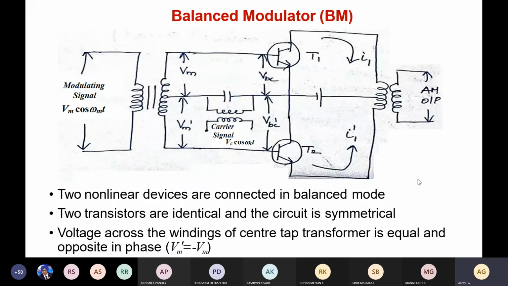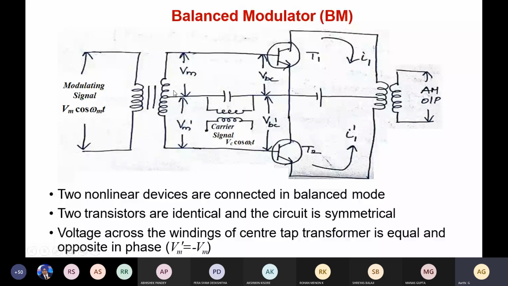So here two nonlinear devices are connected in balanced mode. Two transistors are identical and the circuit is symmetrical. The circuit is almost symmetrical, except that at the output of the center tap transformer we are having VM, the modulating signal, given in phase and out of phase at the input of